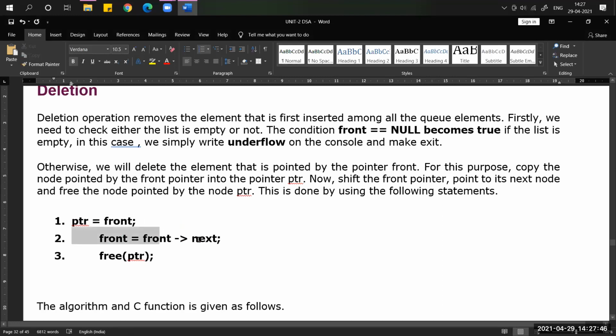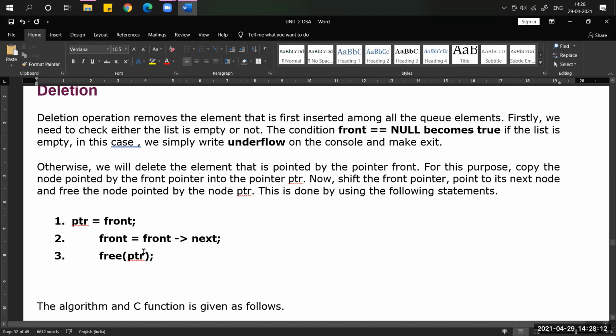Next, just now I said take the second node address. How to take the second node address? front->next should be stored in front only. Why? Because if we delete the first node, the second node should be treated as front. Next, where is the first node address present temporarily? ptr. That's why free of ptr.